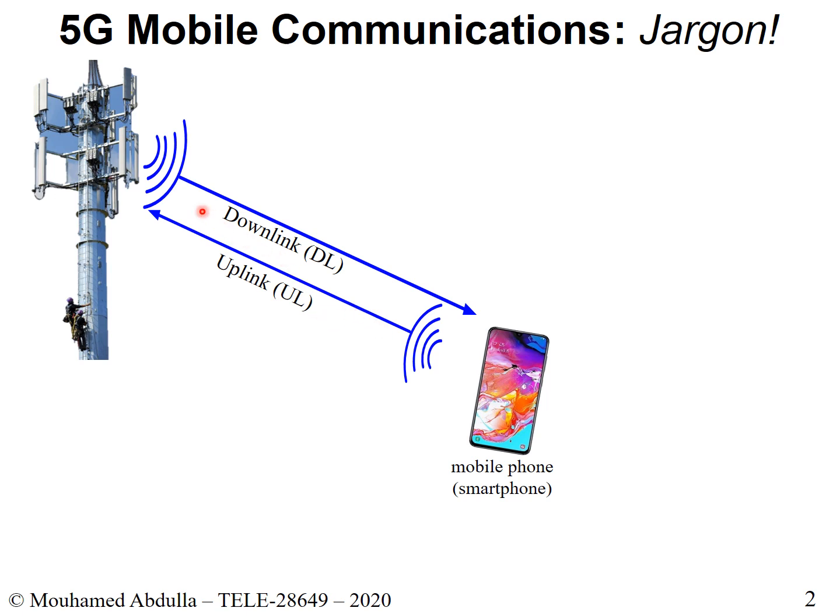Essentially what happens is when the signal is transmitted to you, it is transmitted with a certain carrier frequency. And when you send your signal back to the tower, you are sending it with a different frequency, and you do this in order to avoid colliding between the signals. Okay, so you'll be able to talk and listen at the same time, and the same thing happens at the tower.